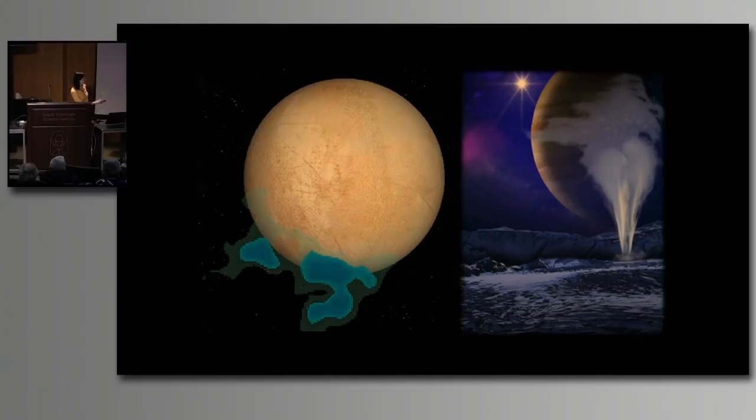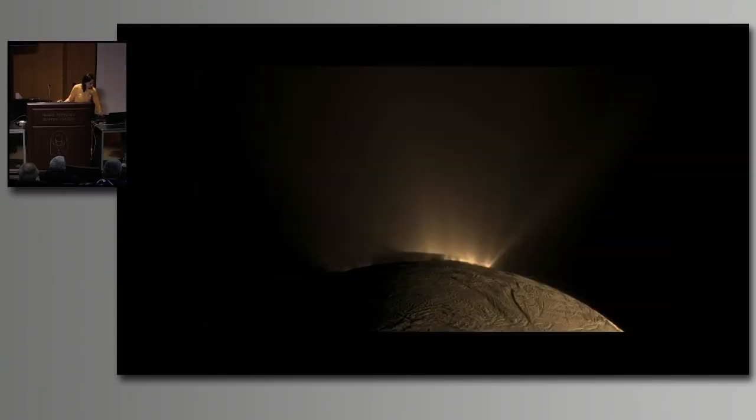And this is an image of those jets of material taken with the Hubble Space Telescope by one of our researchers. And this is Enceladus. So these are the jets in Enceladus. This is not a recreated image, this is a real image. Enceladus also has an icy surface, and the jets are produced by geysers that form in the cracks that throw jets of water vapor into space. And this water vapor then falls in the form of snow to the surface. A fraction of that material escapes and becomes Saturn's ring.